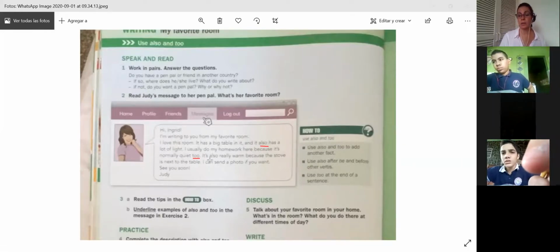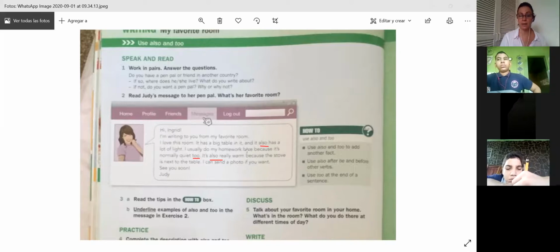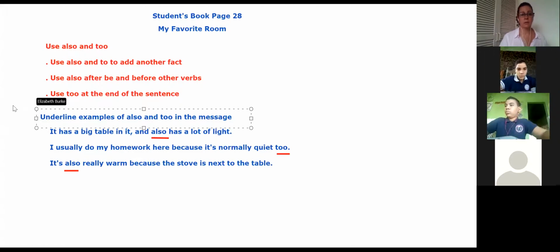It's also, here we have again, also, really warm because the stove is next to the table. I can send you a photo if you want. So here we identified also, too, and again, also. So in this part, what we are doing is extracting, we took out some lines,